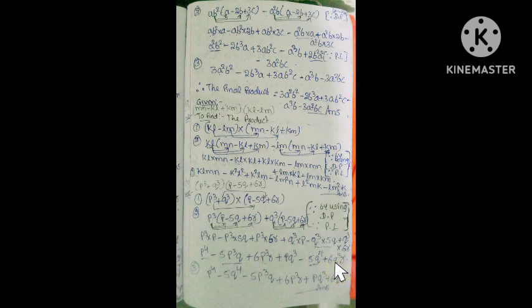Next, combining the like terms, we will get the final product. What are the like terms? In the above expression there are no like terms only. So, as it is, write it. That is the final answer. So, therefore, the final answer is equal to this one only. P to the power of 4, minus 5 Q to the power of 4, minus 5 P to the power of 3 Q, plus 6 P cube R, plus P Q to the power of 3, plus 6 Q to the power of 3 R. This is the final product only.